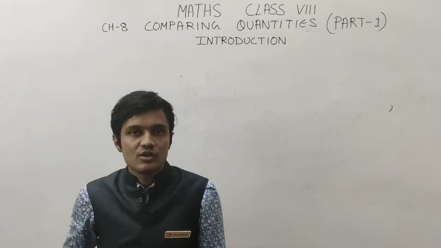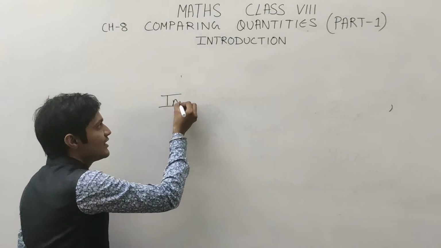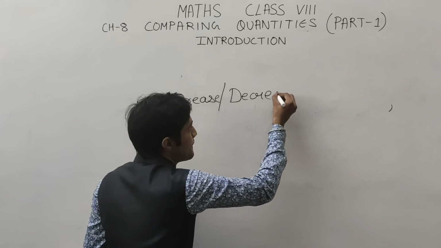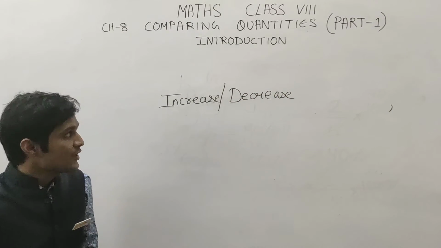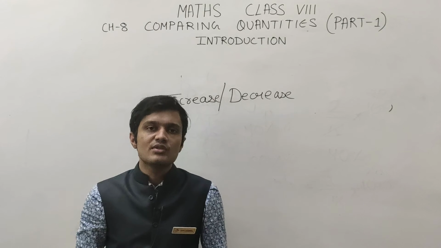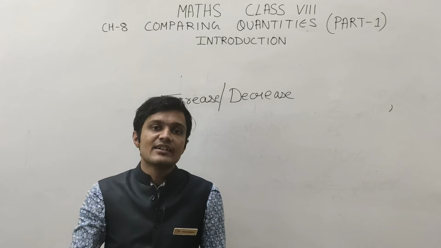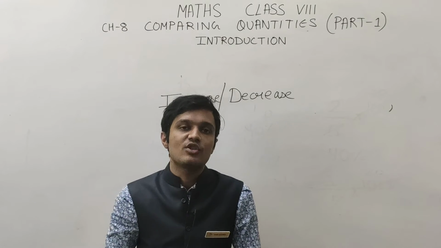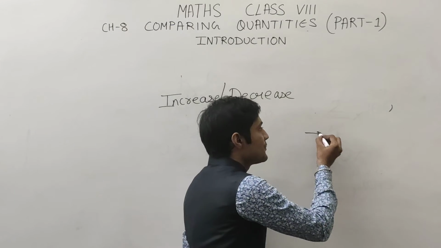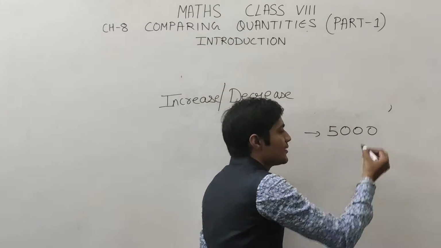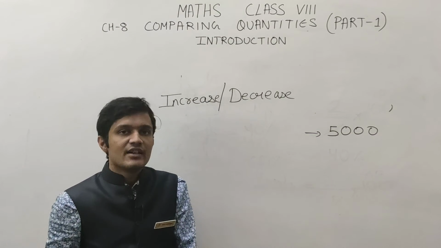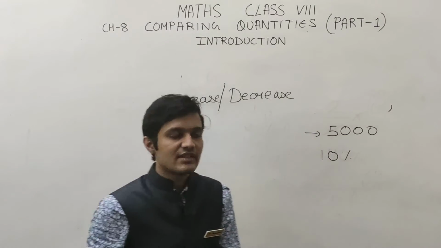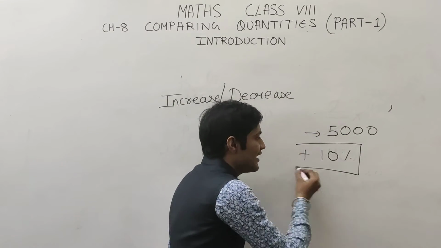That could be a new topic. Okay. So next topic is increase or decrease in a percentage. What does it mean? As you all know, the prices of certain things are increasing year by year. For example, we can take an example of rent of a house. Suppose the first year the rent is 5,000 and in the rent agreement it is written that yearly the rent will increase by 10%. The rent will increase by 10%.